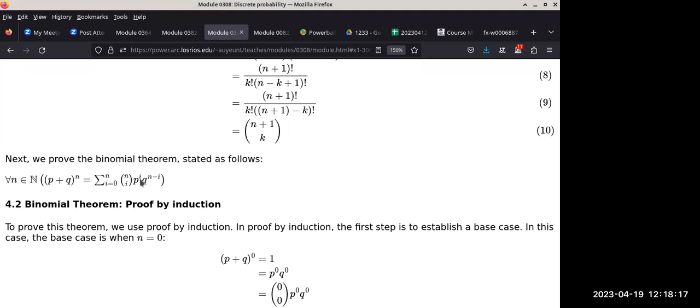Is that okay? You go like, well, what does that have to do with computer science? I mean, this has a lot to do with gambling, and also checking whether a coin is loaded or not, right? But what does it have anything to do with computer science? Well, you can look at it this way. You can say, let's look at P as the probability that a single bit gets transmitted correctly using Wi-Fi or 4G or whatever. Okay, using some kind of transmission where there's noise present. So Q is going to be representing the same bit being transmitted incorrectly or being received incorrectly. Is that okay? So P is receiving a bit correctly, Q is receiving a bit incorrectly.